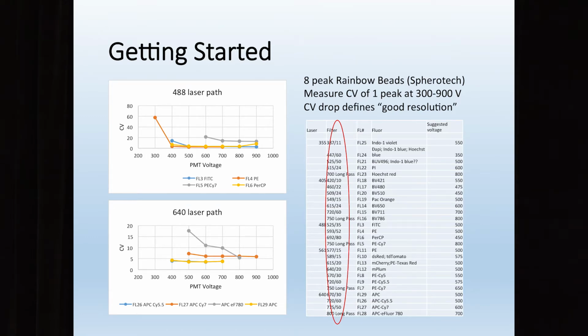But as you know, the fluorescence labels aren't in that order, and the order that you choose the voltages isn't in that order, so it was a little confusing. But we went with that, and then over the course of the next 6 to 8 months,